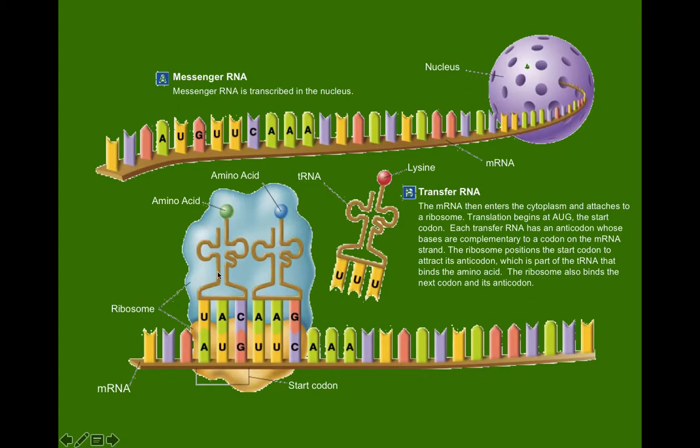It goes into the ribosome. We have the transfer RNAs that come in and match up with the messenger RNA. They each carry an amino acid, and as they move through the ribosome, so this line is just moving in this direction, they detach their amino acids